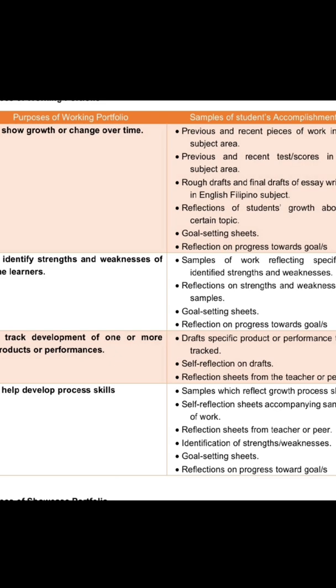Number 2 is to identify strengths and weaknesses of the learners. Samples of work reflecting specifically identified strengths and weaknesses. It is the reflections on strengths and weaknesses of the students. Goal-setting sheets, reflections and progress towards a goal. For example,